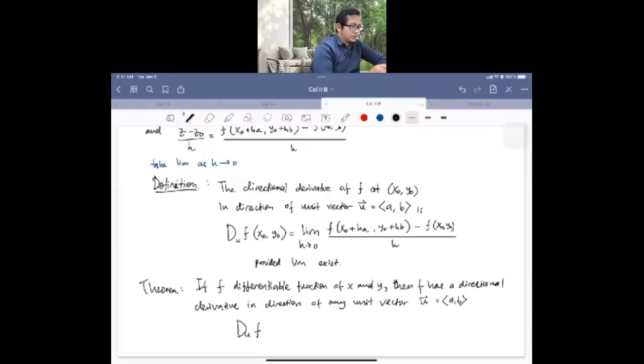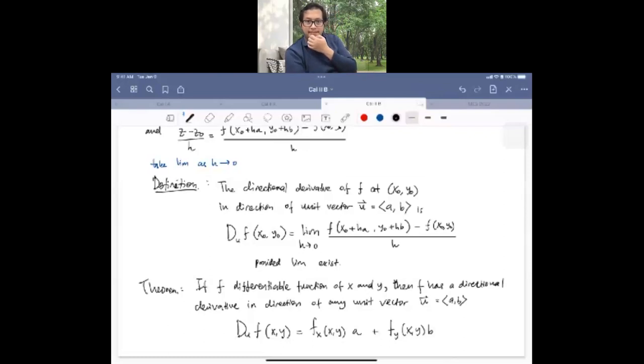Then we have this directional derivative in terms of partial x